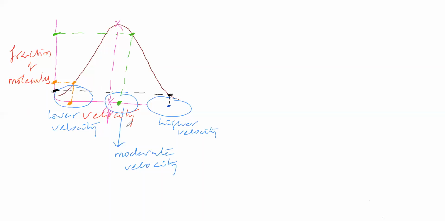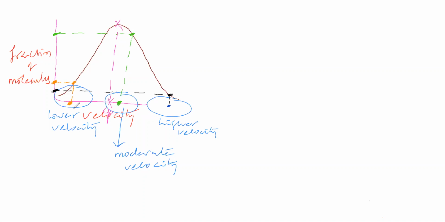Now CP velocity. CP means it is the velocity that is possessed by what fraction of molecules you see. Okay, now CP comes under which velocity side you think? So shall we say CP comes under the moderate velocity side? It is not at the lower velocity side, it is not at the higher velocity side. CP means the fraction of molecules should be higher, no? So where is the fraction of molecules higher?